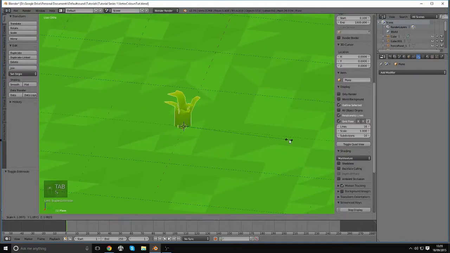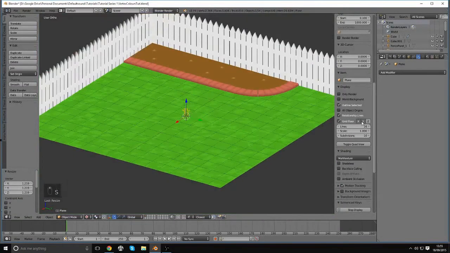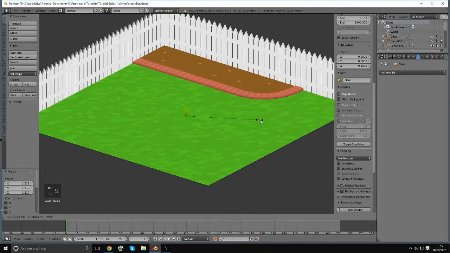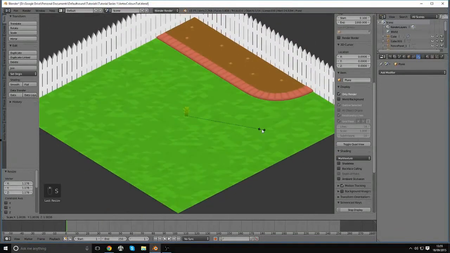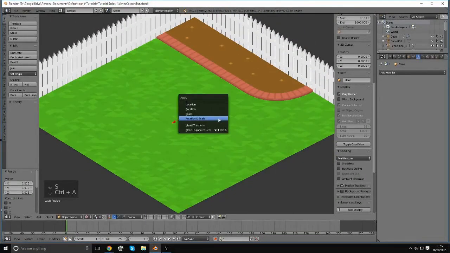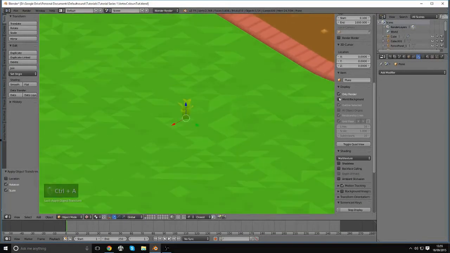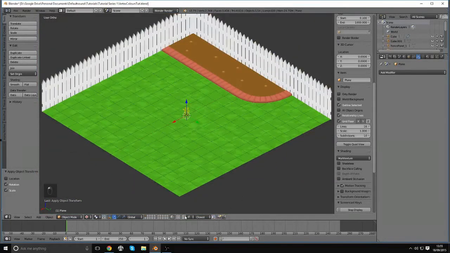Then in object mode I can bring this up a bit, just see it in relation to the rest of our scene. Yeah, that looks quite nice. And again I'm just going to apply rotation and scale. And now we can basically just put snapping on, turn to increment, and we can just duplicate our grass around,